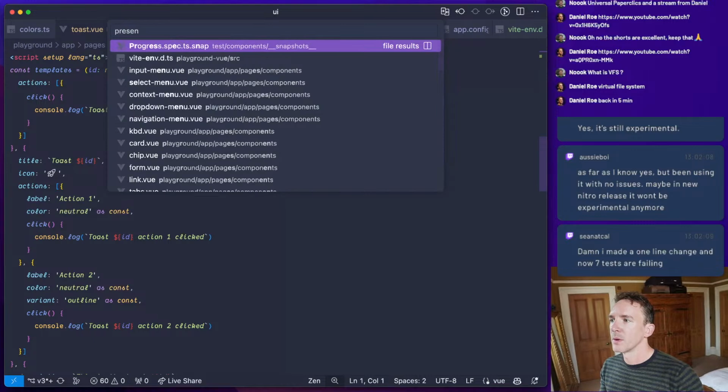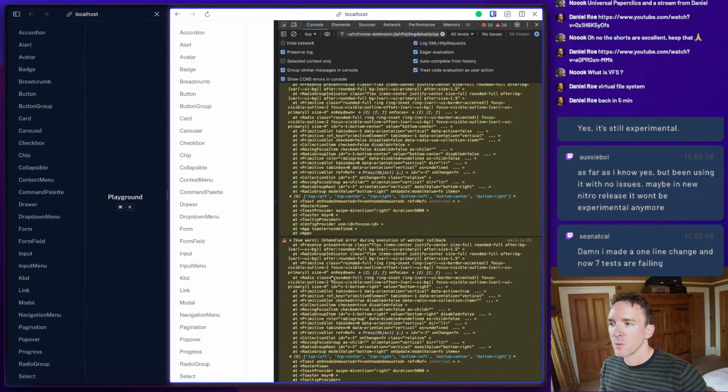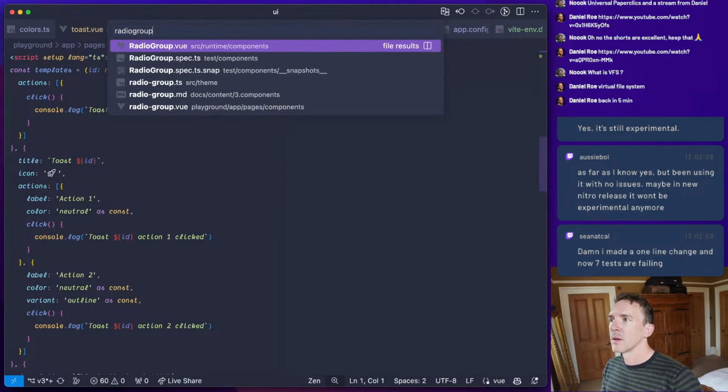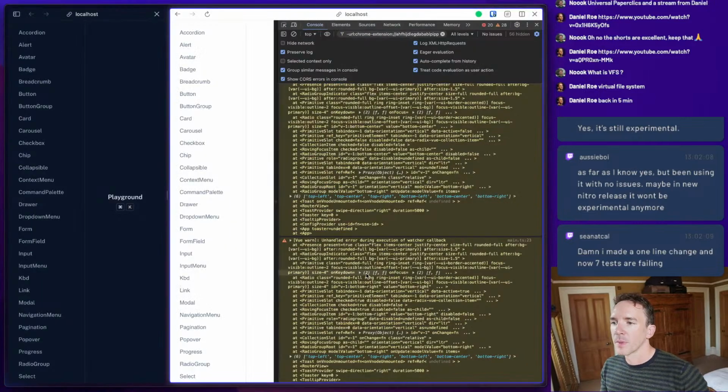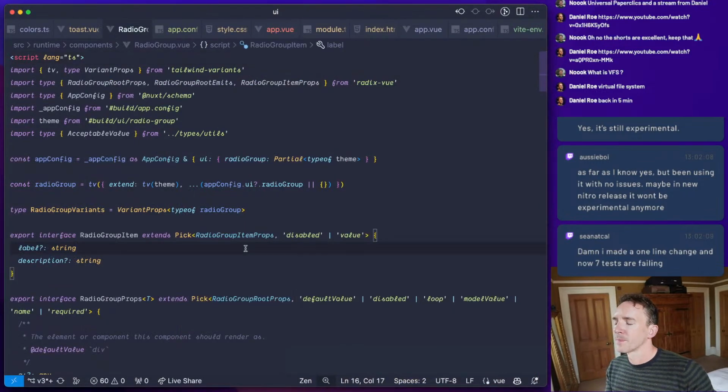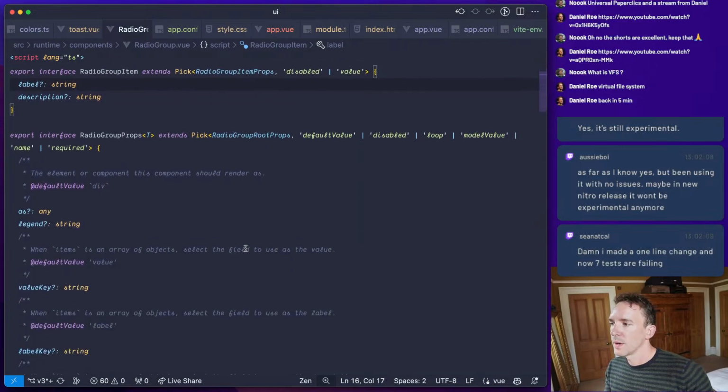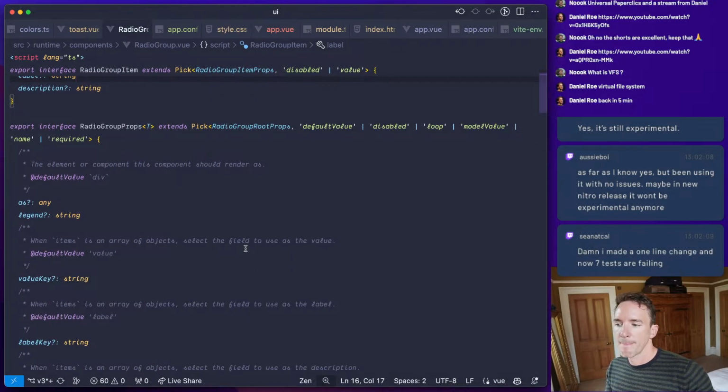There's something there. No, that's radio group indicator. So let's see, primitive radio, primitive slot, radio group. So at what point, what is failing, right?